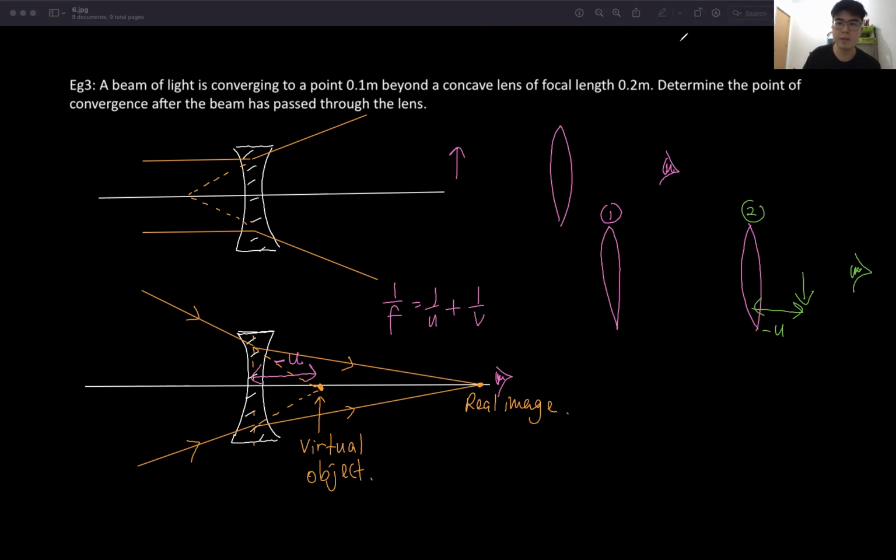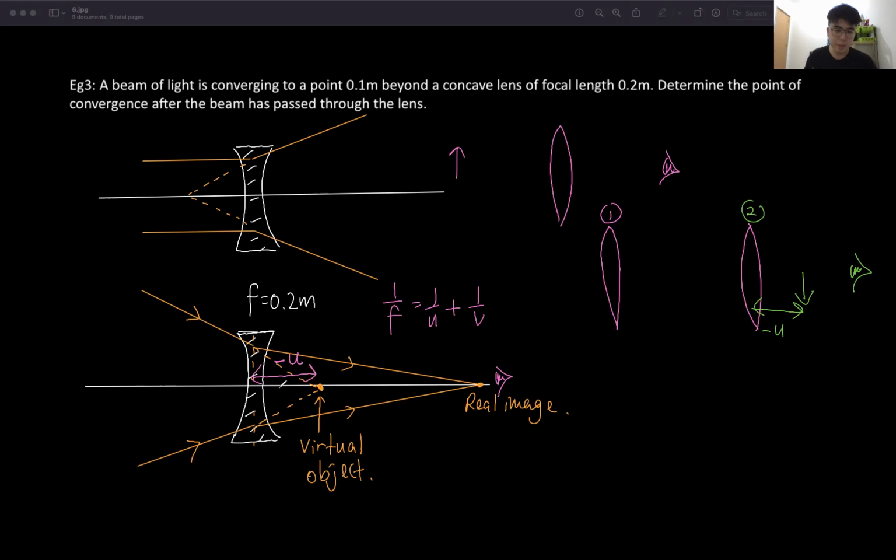Okay, let's try this example 3. A beam of light is converging to a point 0.1 meter beyond a concave lens. Focal length 0.2. Determine the point of convergence after the beam has passed through the lens, meaning that we want to find where is the real image point. Now focal length 0.2 meter, and we know that